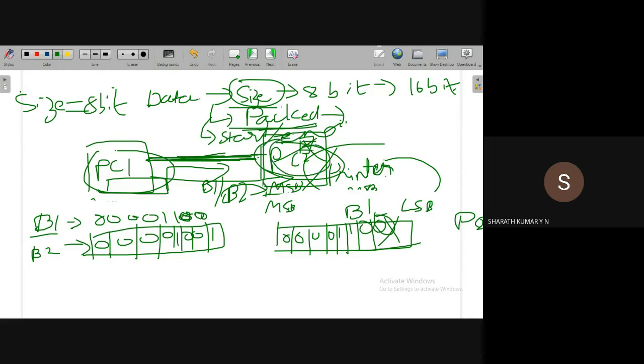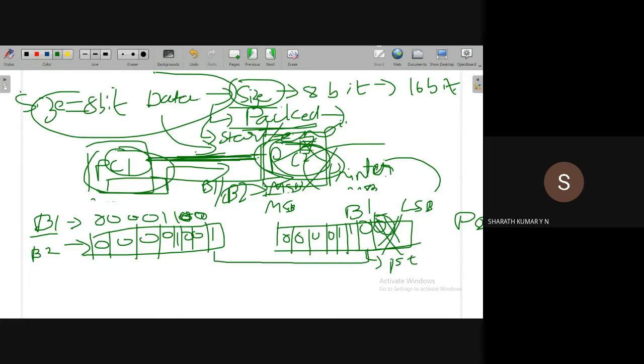But PC2 knows that PC1 is sending 8 bits of data. What it does is, since it lost a bit of the first byte due to some error in the network, it will consider the second byte as the first byte. It will start counting 8 bits of data starting from LSB plus 1 up to the LSB of the second byte. Okay, so the data received by the receiving device is